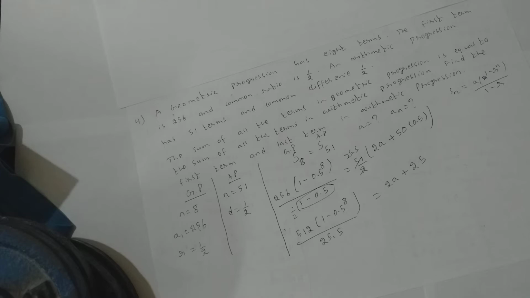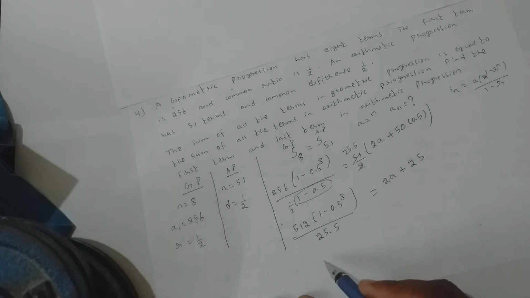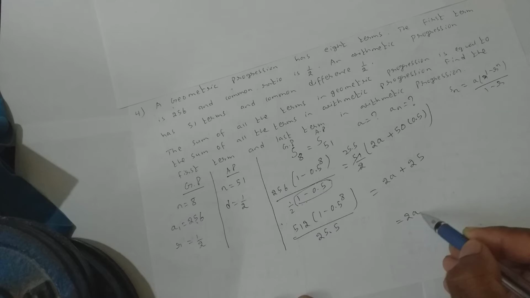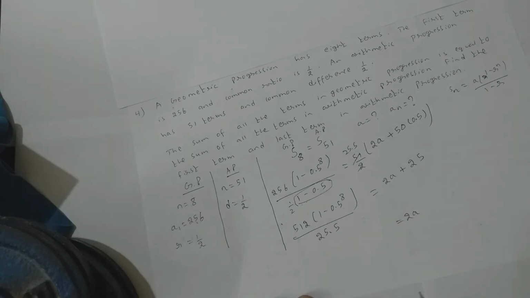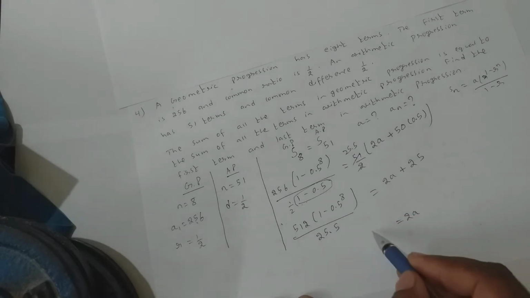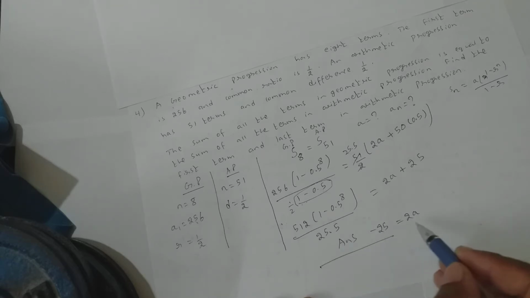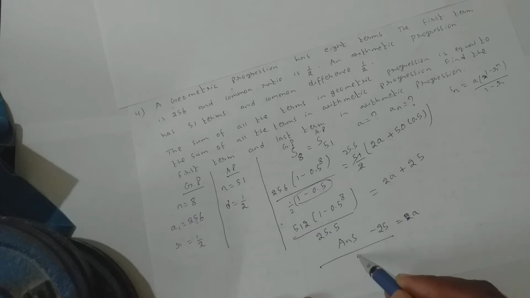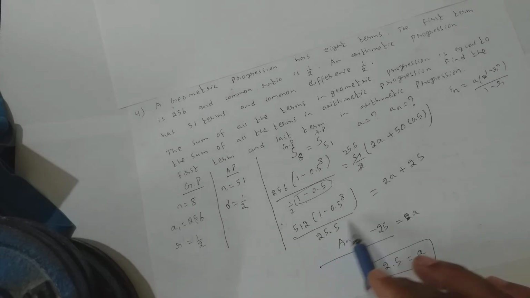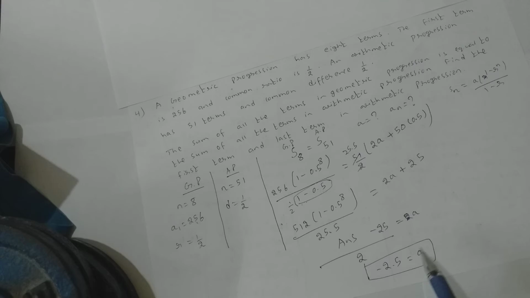Now make A the subject, you will get the value for A. That's it. So 2A will remain this side. Place this entire thing in the calculator and bring 25 this side, so minus 25. Answer minus 25. Next bring 2 also this side, so divided by 2 will be your A. That you will get around minus 2.5. Are we clear? Put this entire thing in the calculator, then subtract 25, then divide by 2. You will get the value for A.